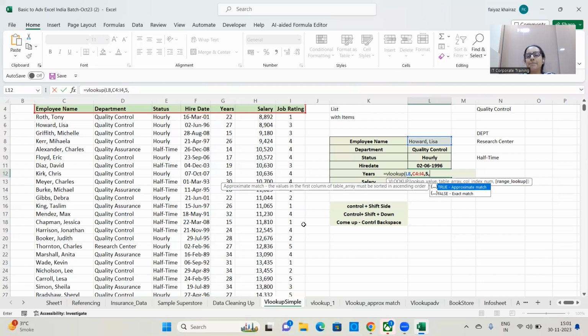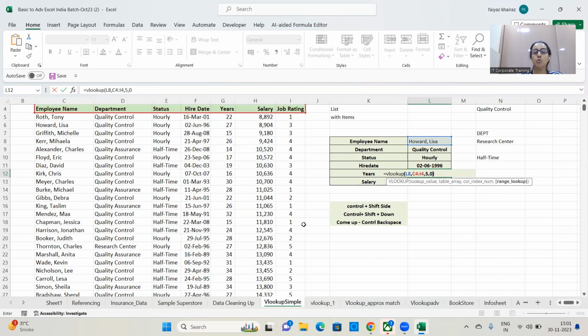Otherwise, 90% of the time, we are using an exact match, where Excel is giving you exact values which match the search query. So here, the years are in the 5th column, comma 0 for an